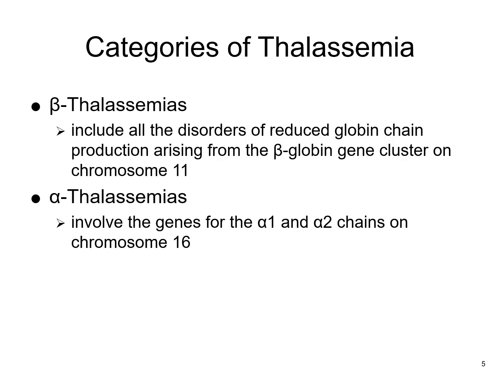For alpha thalassemia, by definition, it is a group of disorders due to reduced or absent production of alpha globin chains. This is necessary for normal hemoglobin formation. For the genetic origin, this involves deletions or mutations in the genes encoding alpha 1 and alpha 2 globin chains. These genes are located on chromosome 16. For the gene details, each person has 4 alpha globin genes, 2 located on each chromosome 16. The severity will depend on how many of these 4 genes are affected.